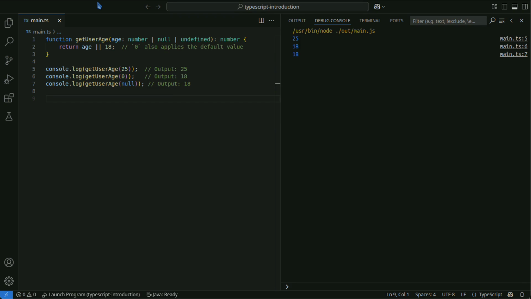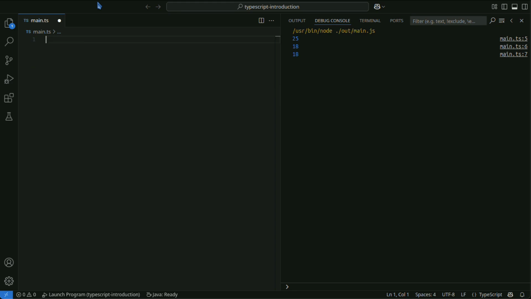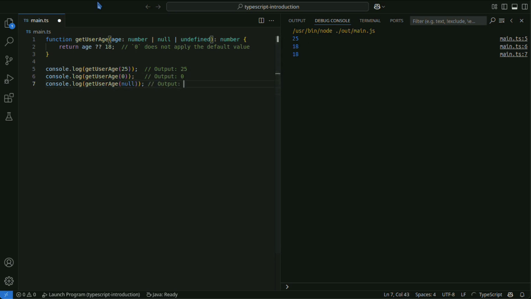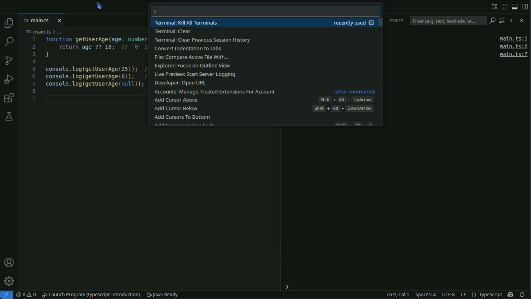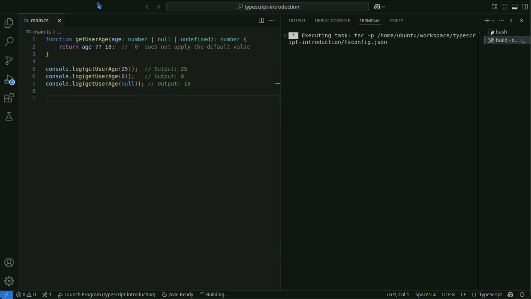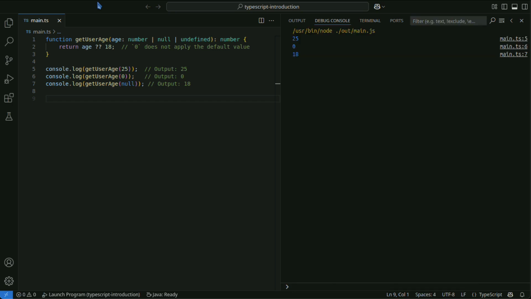As shown, the logical OR operator returns the default value 18, even when the value is 0. On the other hand, the nullish coalescing operator returns the original value even when it is 0.